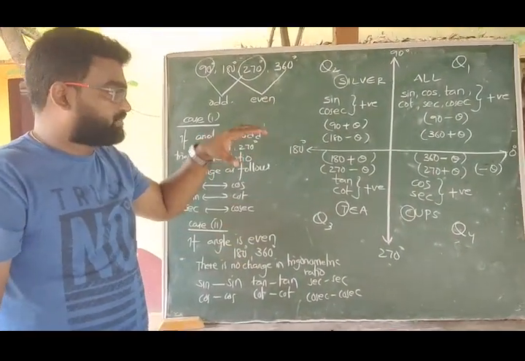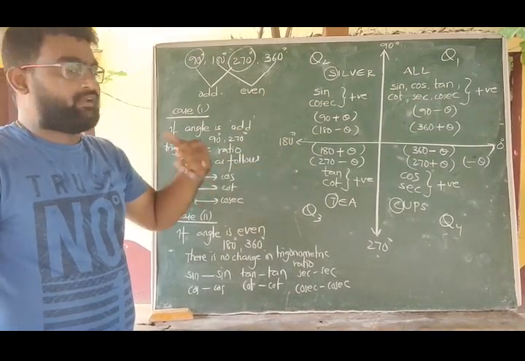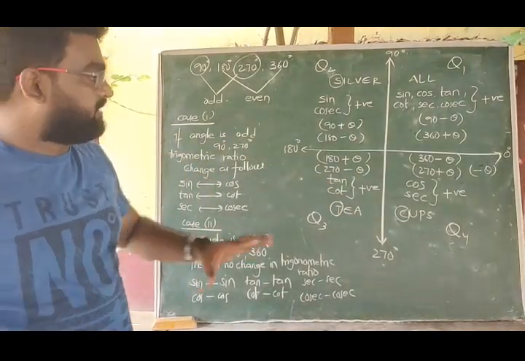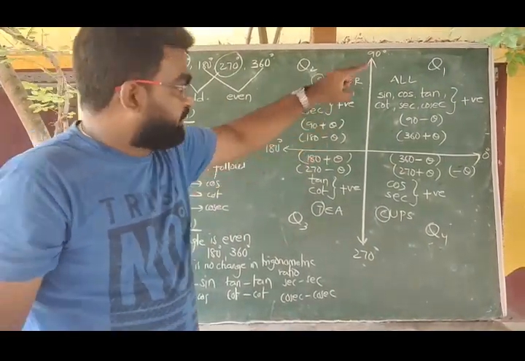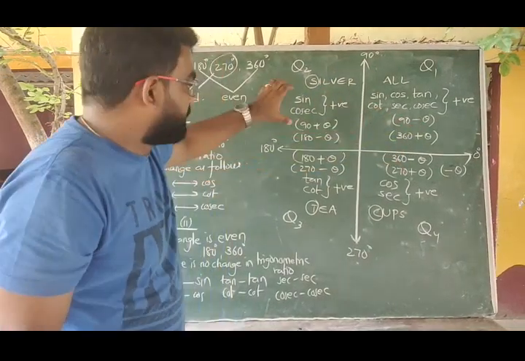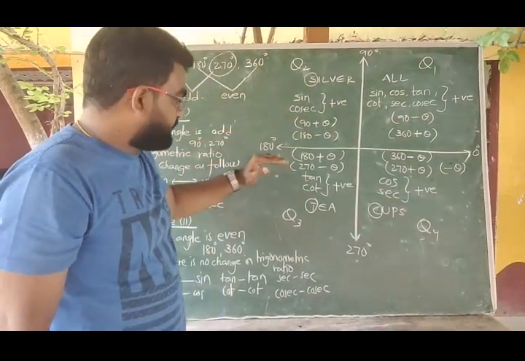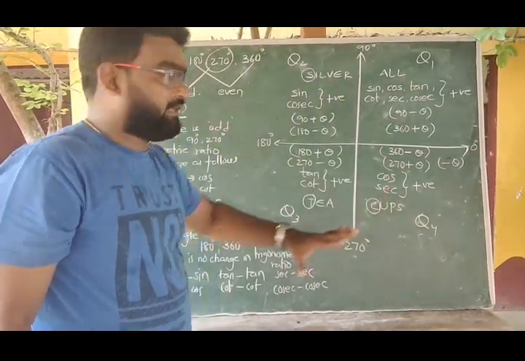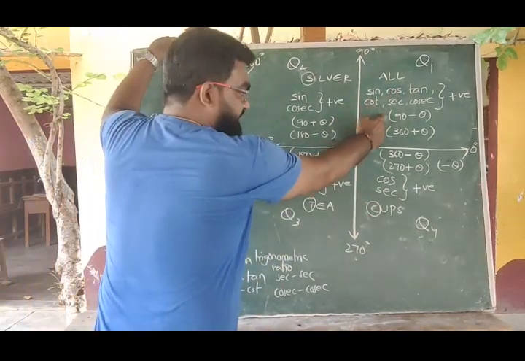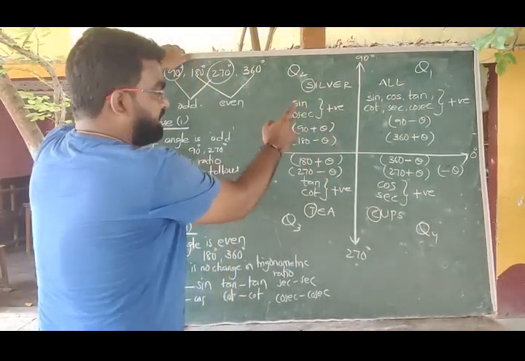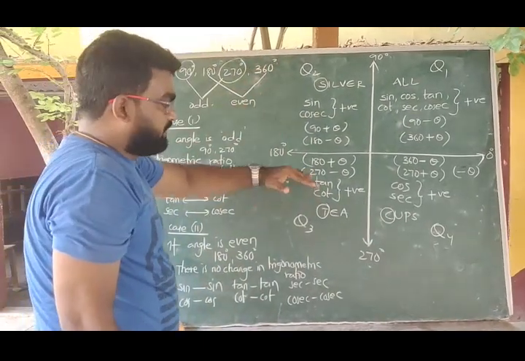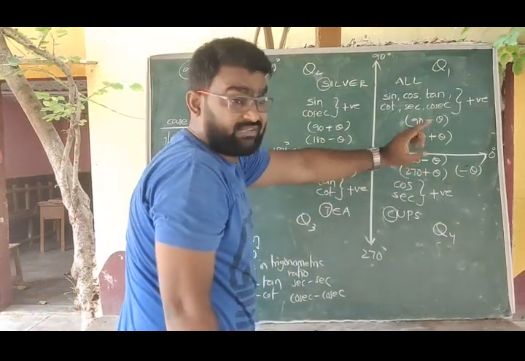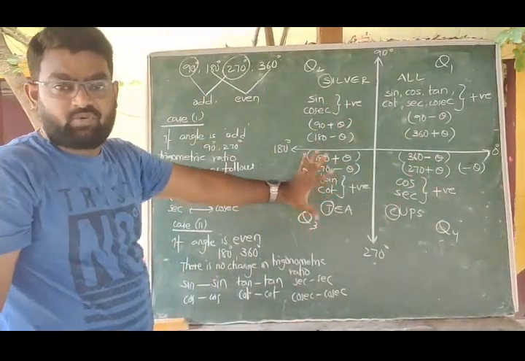Now, what is the use of this table and how can we apply this topic in trigonometry? Now I am going to explain. Hope everything is clear. Namely, we have 4 quadrants. In quadrant 1, all the ratios are positive. In quadrant 2, sine and cosecant are positive. In quadrant 3, tan and cot are positive. In quadrant 4, cos and secant are positive. Okay? And namely, we have 8 angles. 90 minus and 360 plus belong to quadrant 1. 90 plus and 180 minus belong to quadrant 2. 180 plus and 270 minus belong to quadrant 3. 270 plus and 360 minus, as well as minus theta, also belong to quadrant 4.